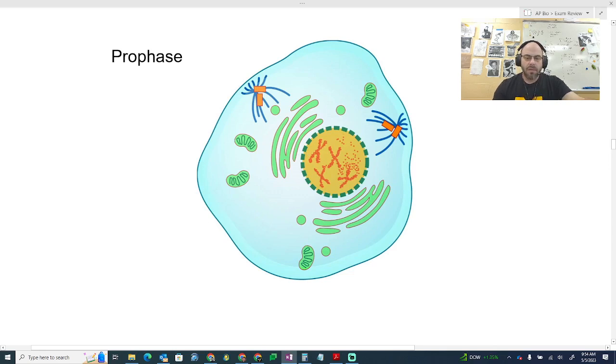The nuclear envelope, the little membrane that goes around the nucleus, is going to begin to disintegrate. The centrioles are going to move toward the poles of the cell, and everything's going to kind of start to show itself to be not normal. So when you're looking at a cell that's in prophase, when the nucleus is all but gone and these chromosomes